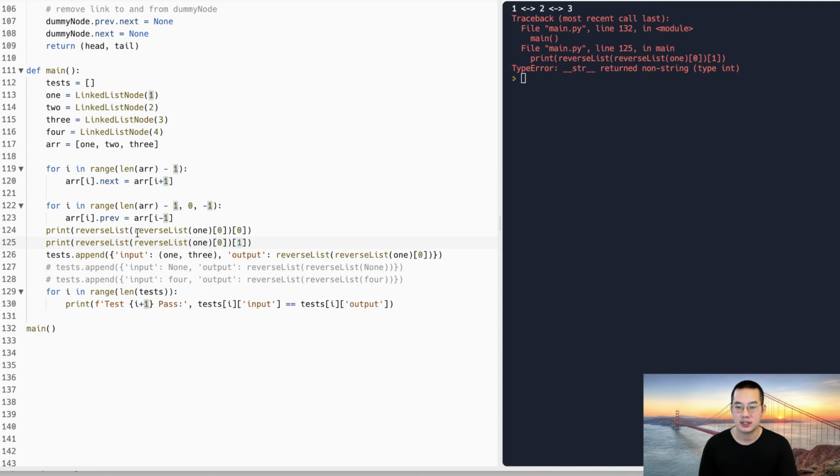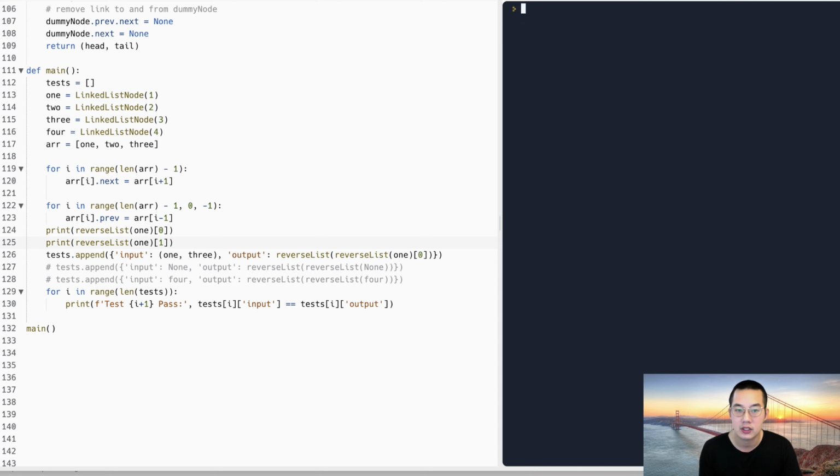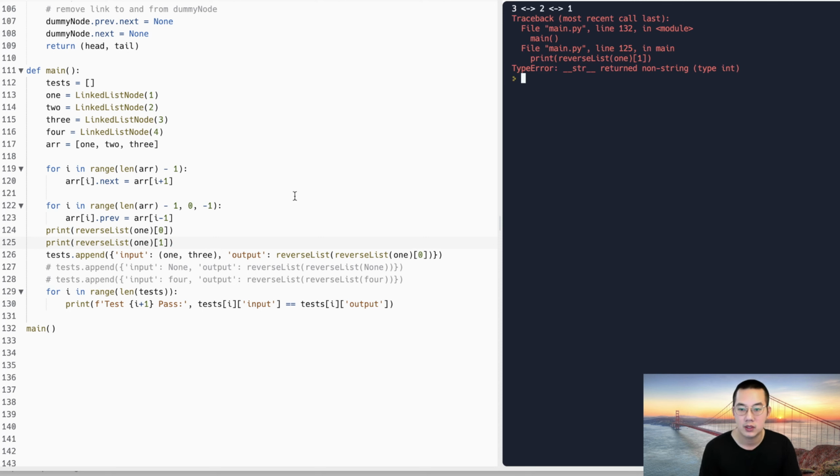Okay, how about this? Let's just reverse it once. Let's see what's going on here. So this should be fine. And let's reverse it once, and see what's going on with the one item here. Okay. Everything's looking good. So 3, 2, 1. But